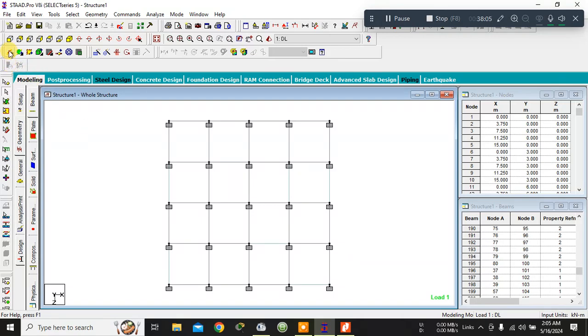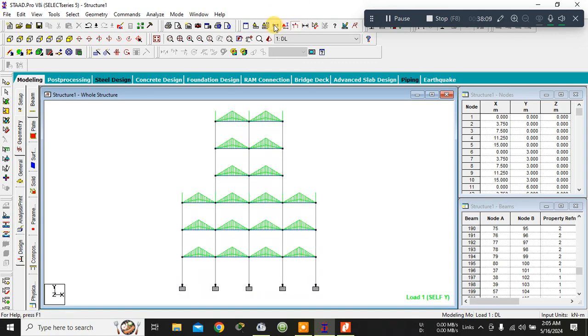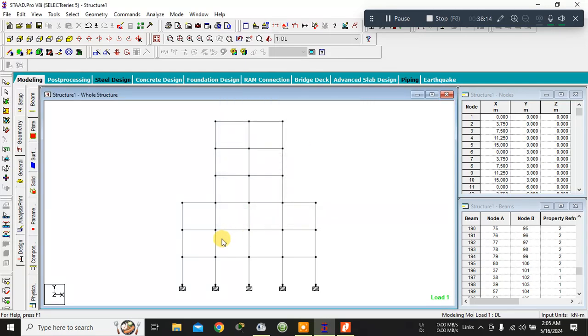Now first of all let me do one thing. Let me go to this section. Now let me cut the section, select to view, cut section. Now after that,